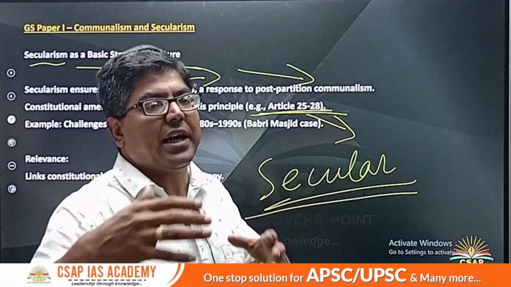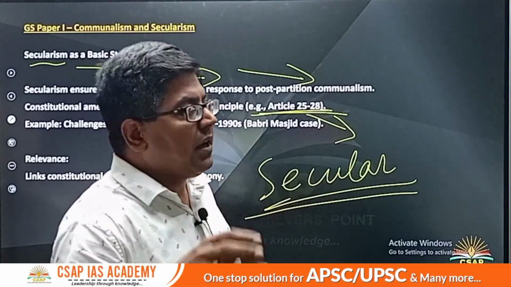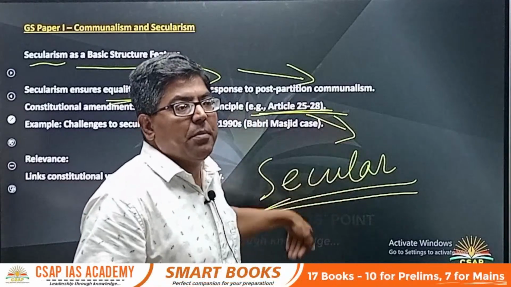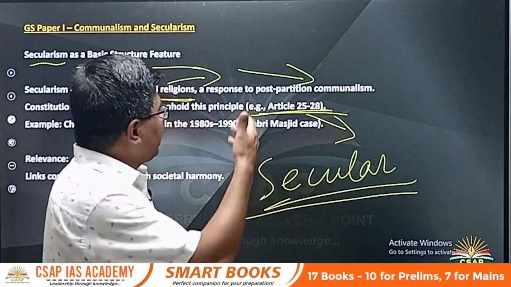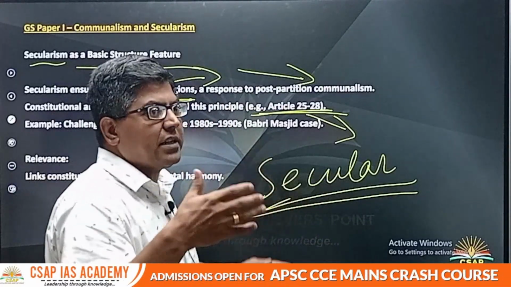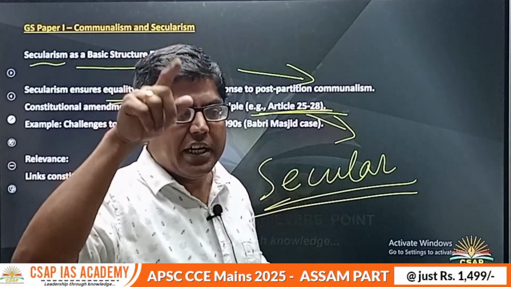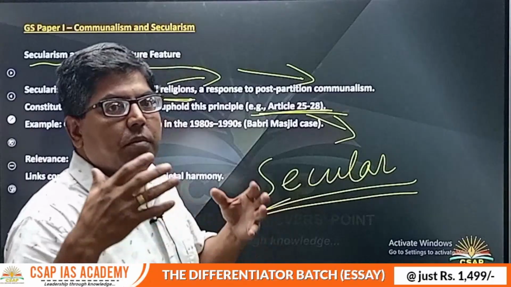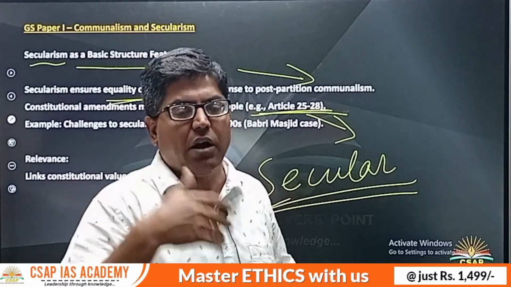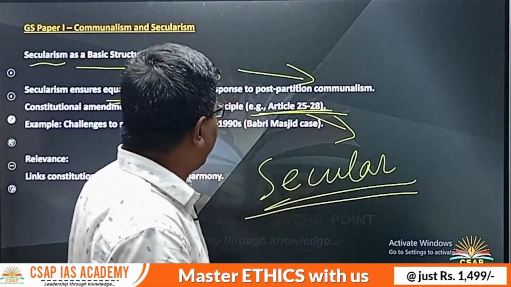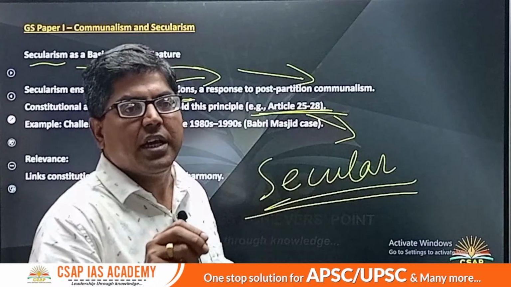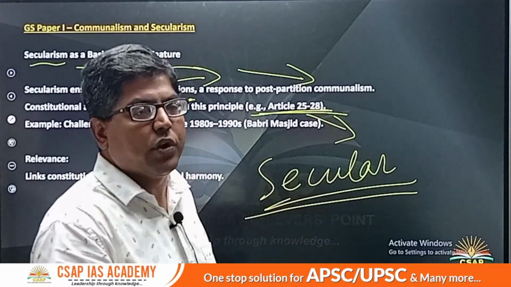Then the response to that, you will find, is that the spirit of the concept of secularism was very much present even without being mentioned in the preamble, and this was there in Articles 25 to 28 also. In fact, some others argue that Article 14 itself, when you interpret it in a much broader manner, talks about equality. And how do you promote equality? By not discriminating against anyone. So obviously, any scope of discriminating on the basis of religion is not there as long as you follow Article 14 in its true spirit.